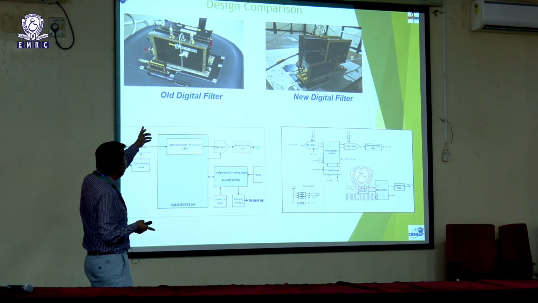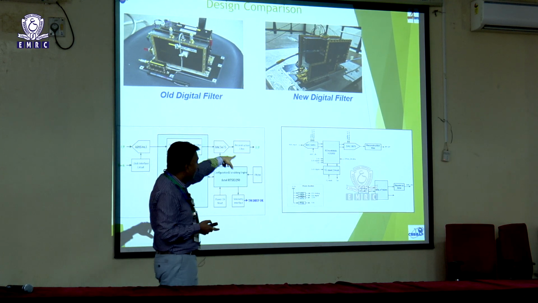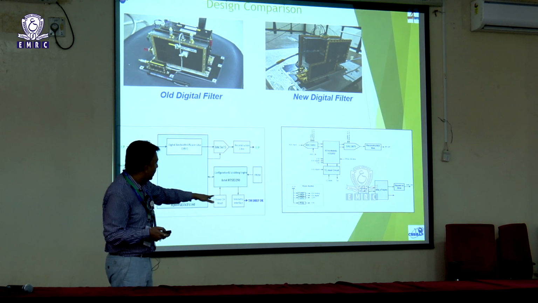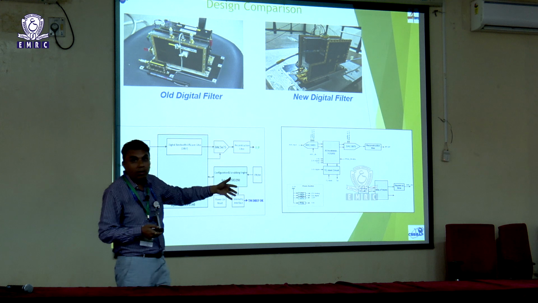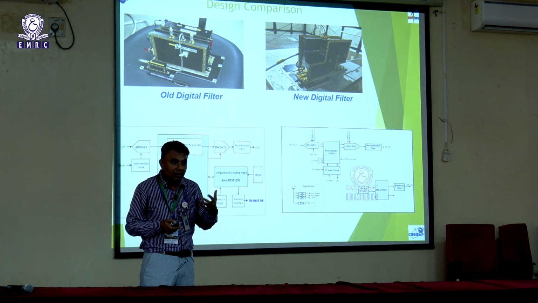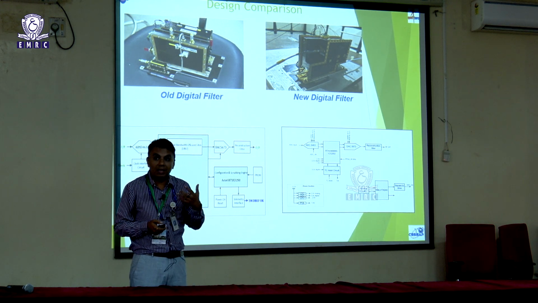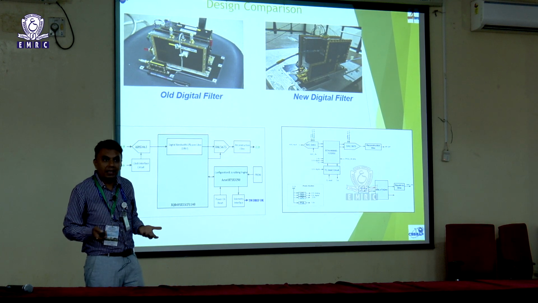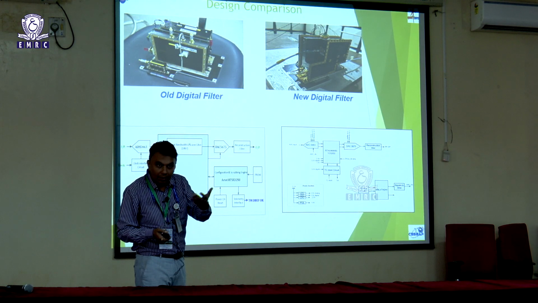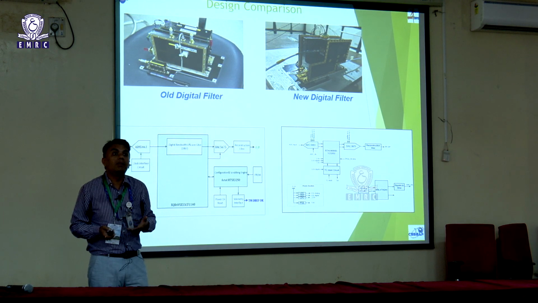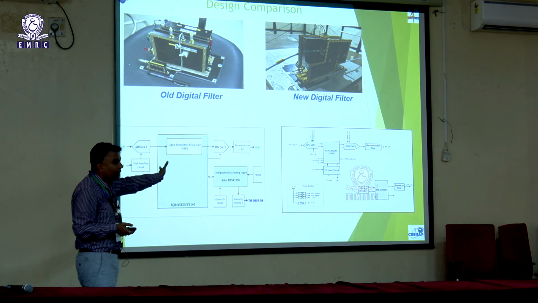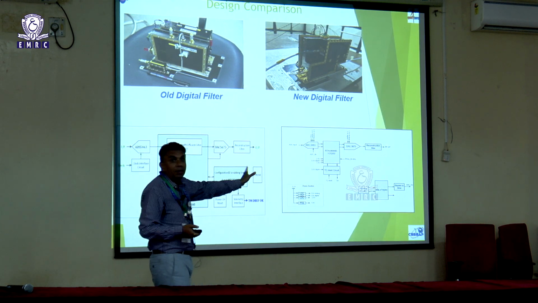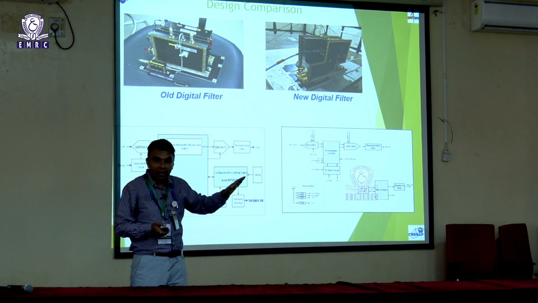So the same filter which flew in INSAT 3DR, we migrated to the new design, which is based on RTX 4000 bit. It's an anti-fuse FPGA. Here you can see the whole logic was running at a 284 megahertz clock. But in digital, if you increase your clock speed, your design reliability gets reduced. So try to put your design at a lower clock if possible. Sometimes by design it is not possible, but if you are able to do it at a lower clock, your design reliability will increase. So the whole design was running on a 284 megahertz clock, but later we put the same design at 50 megahertz only. So it's 284 versus 50 megahertz.